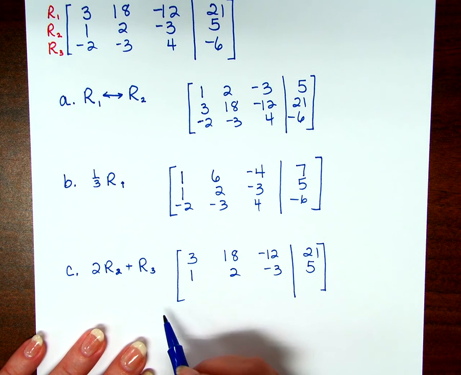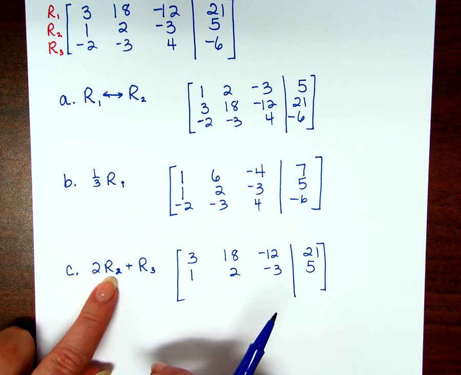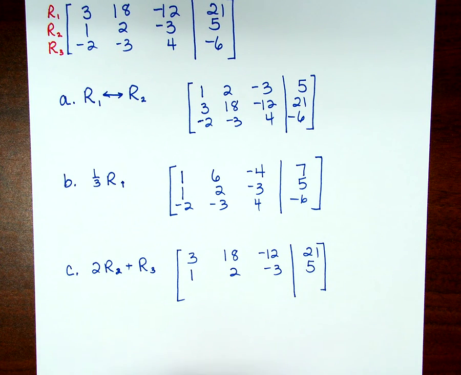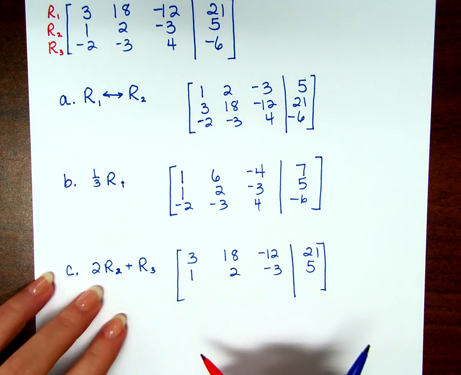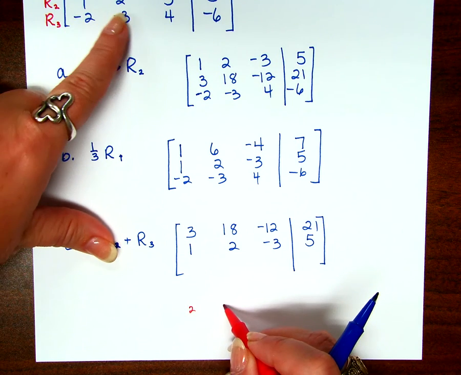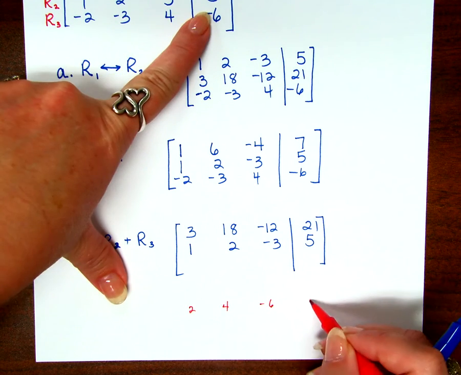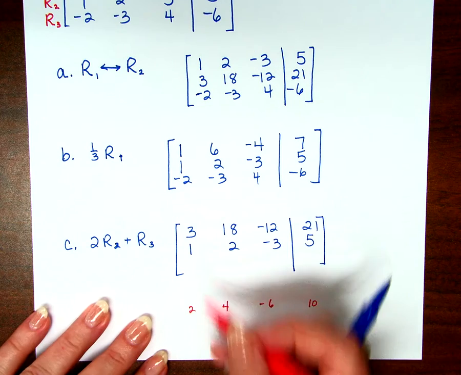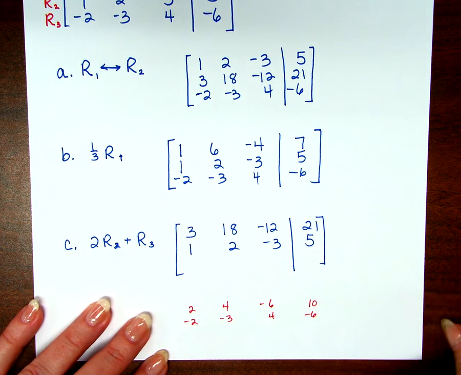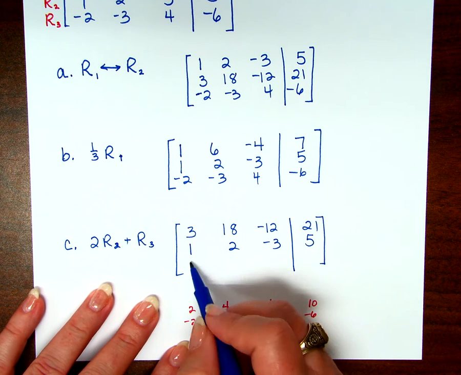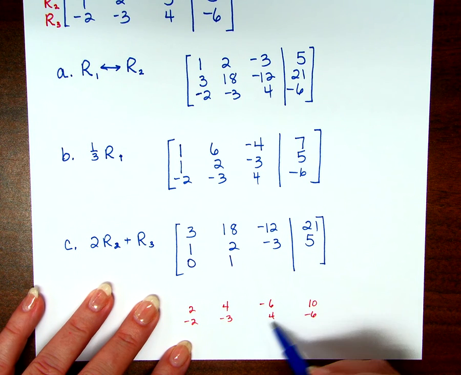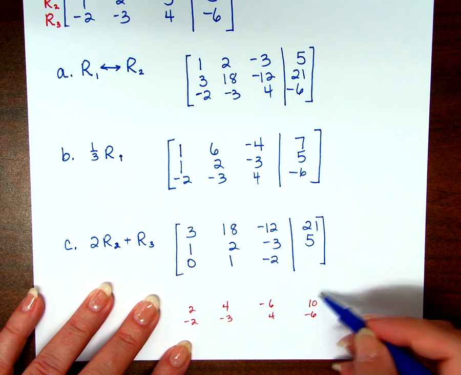So what do we write for this one? Well, what's 2 times row 2? You guys mind if I write that down somewhere? Just to kind of help us out? So if I multiplied row 2 by 2, I would get 2, 4, -6, and 10, right? And then I have to add that to row 3. -2, -3, 4, and -6. That's just row 3, right? Okay. So when I add these two together, it's 0. When I add these two together, 1. When I add these two together,